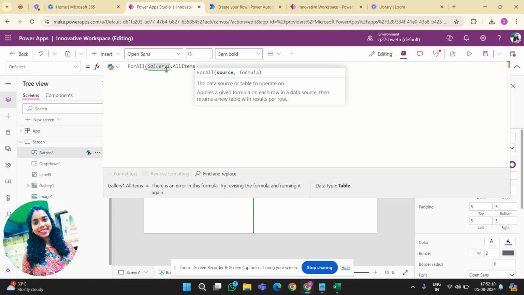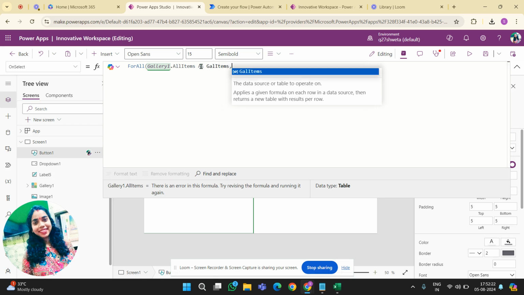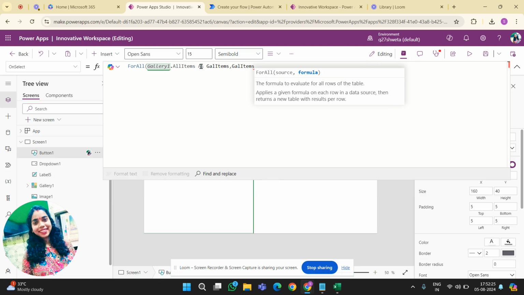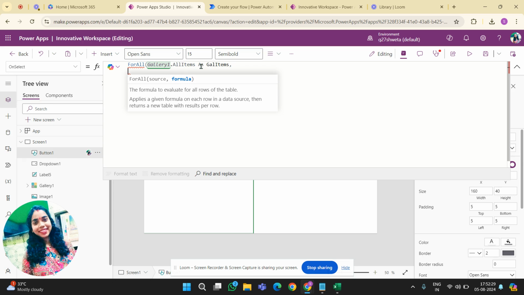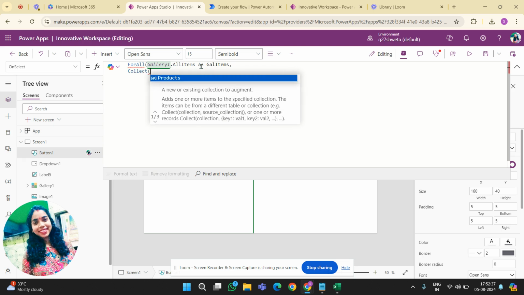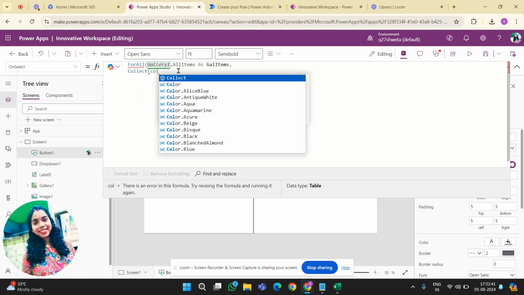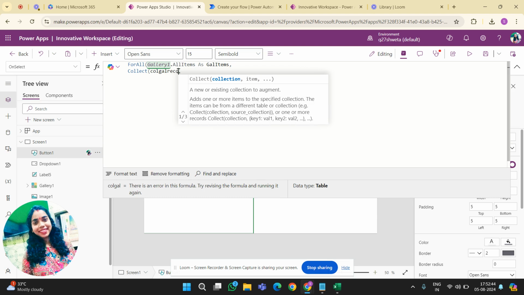So we will store all the gallery items. Next, I will collect these gallery items records in my collection. My collection name is called galRecord.